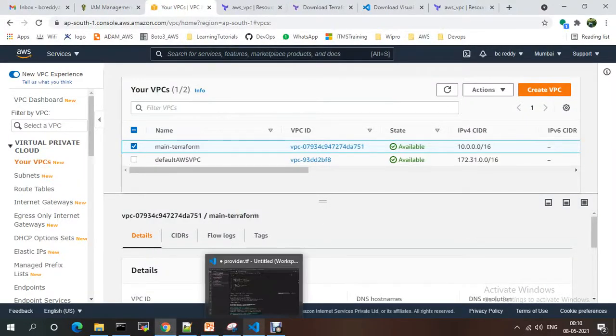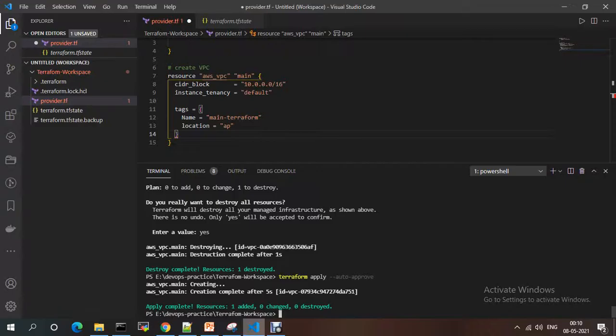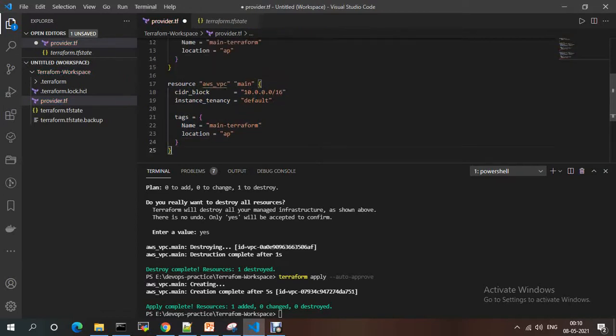Suppose I have another resource, like main2, and I just want to delete a specific one.